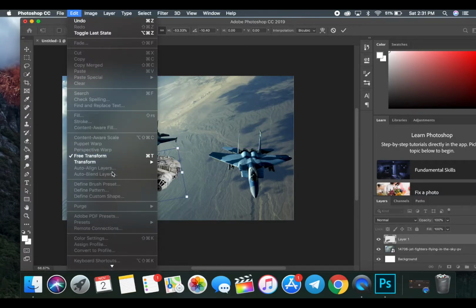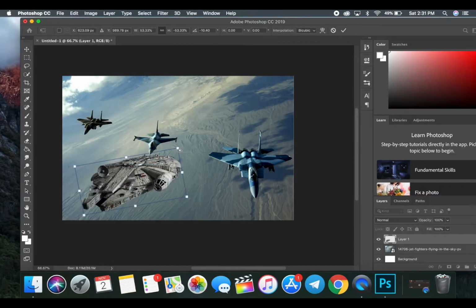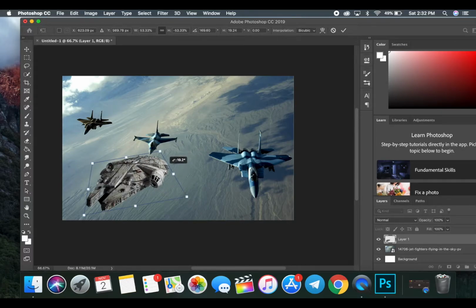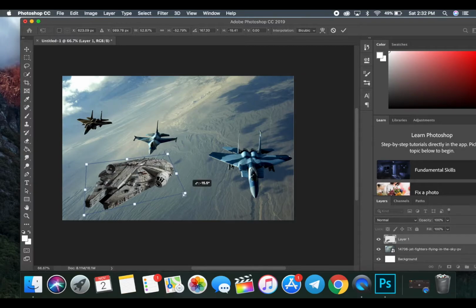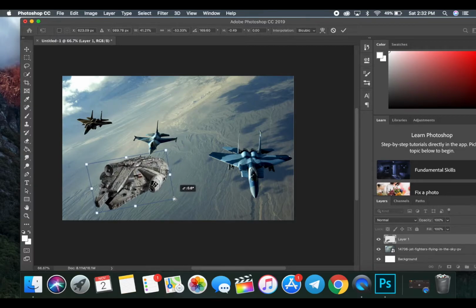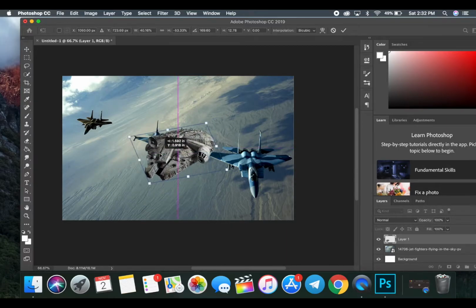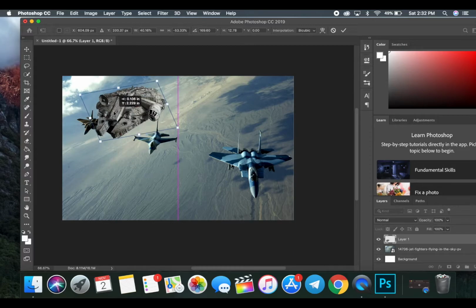So to change that, you go to Edit, Transform again, Perspective. And you can mess around with these to change how it looks, what direction it's going in, etc. We just want to mimic what we have here in these fighter jets. So we know they're all going in one direction, like this. It's close. The image isn't doing any justice, but